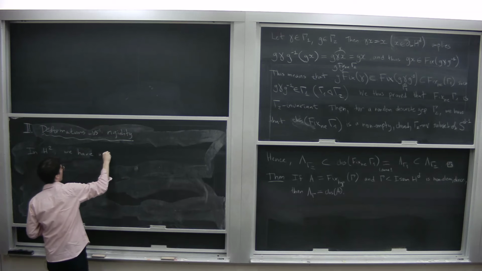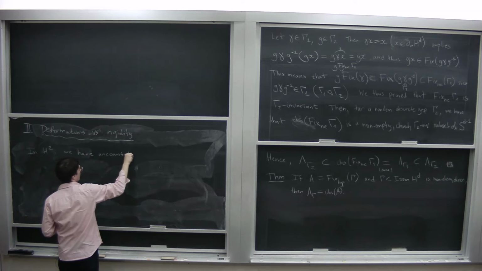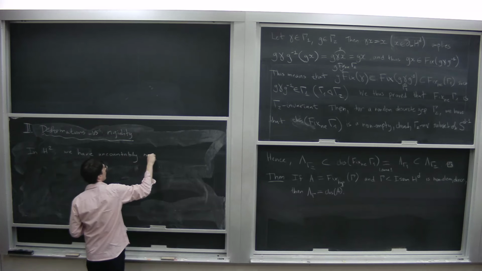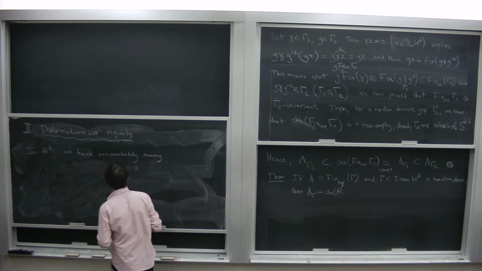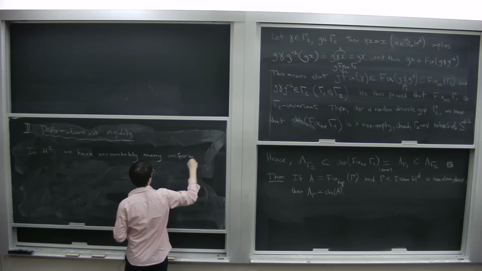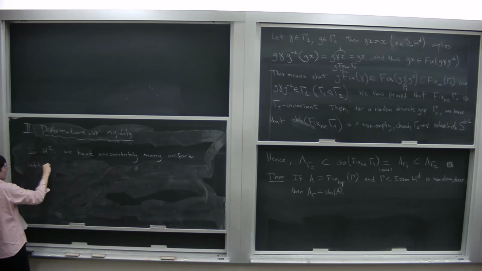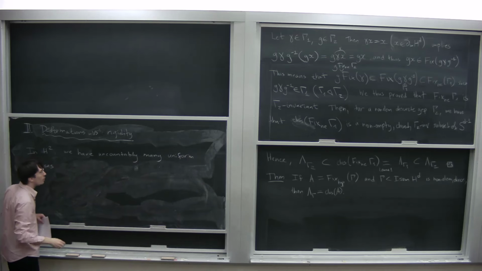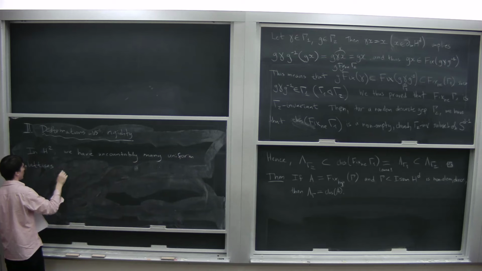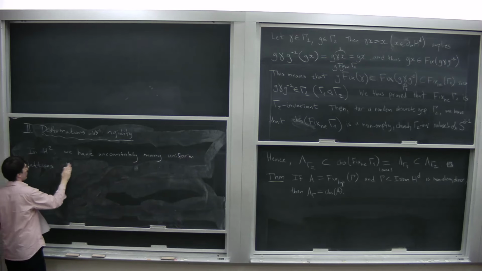We have uncountably many, I would say, uniform lattices, all isomorphic to some